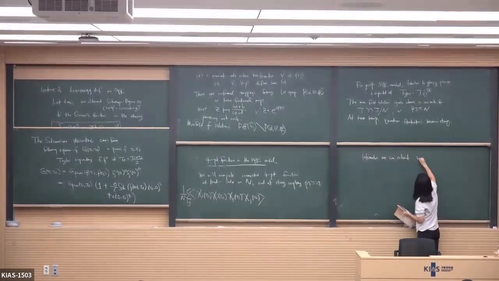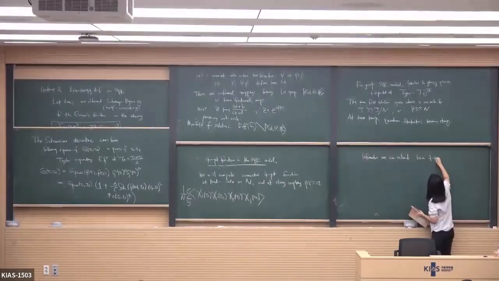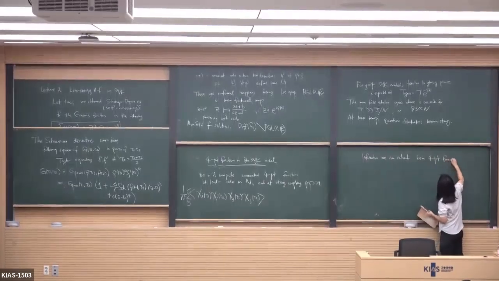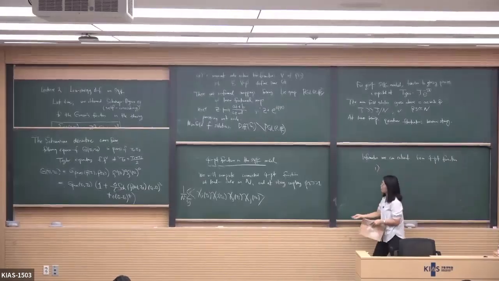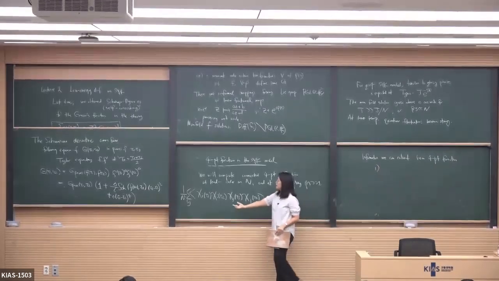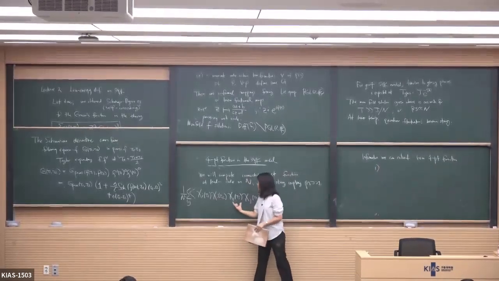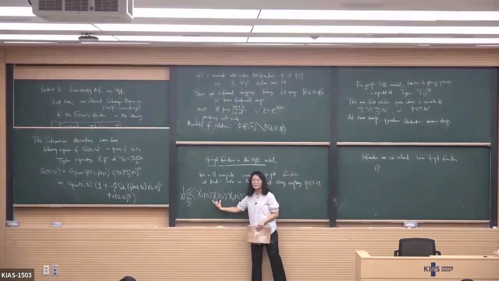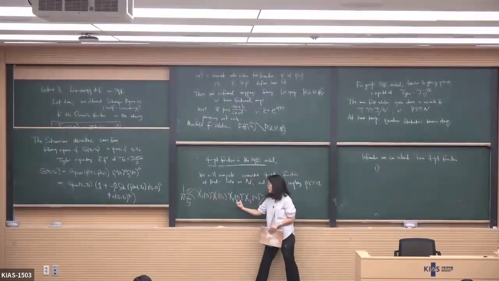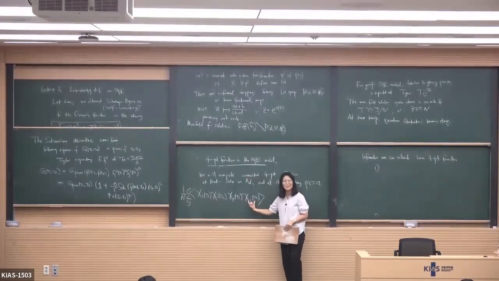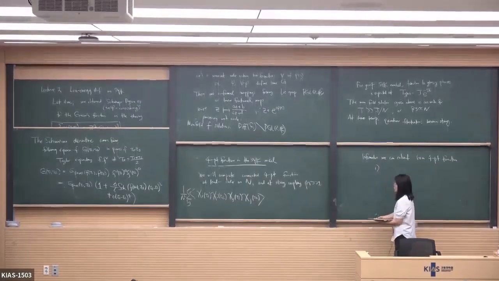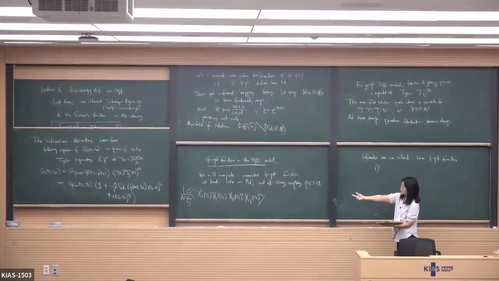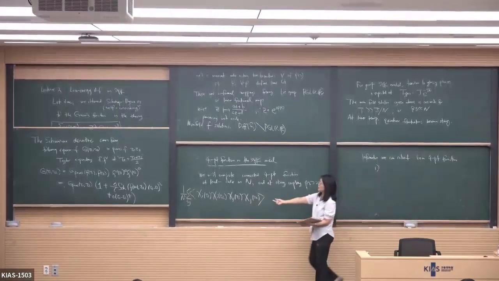Information we can extract from the 4-point function. We go to the OPE limit. The OPE limit is when tau 1 and tau 2 become close, and tau 3 and tau 4 become close. And in that OPE limit, we are going to see the dimension of the